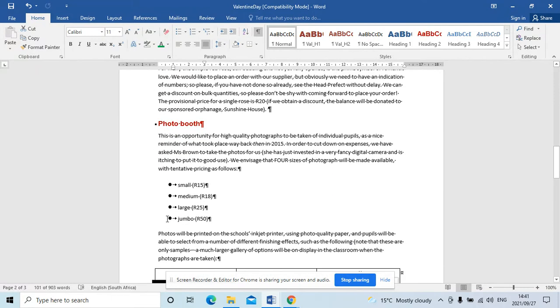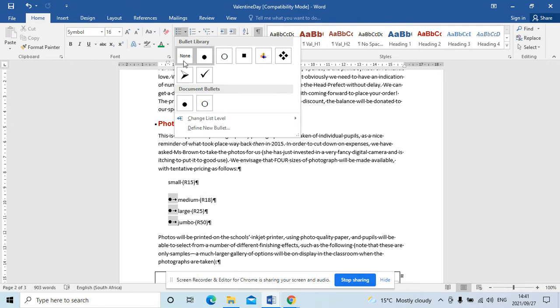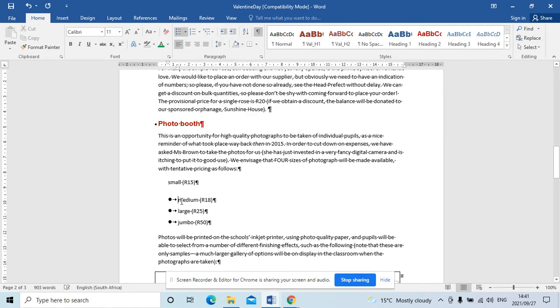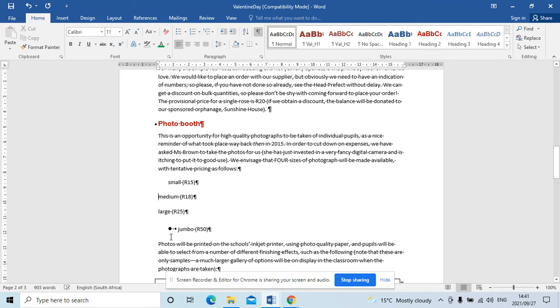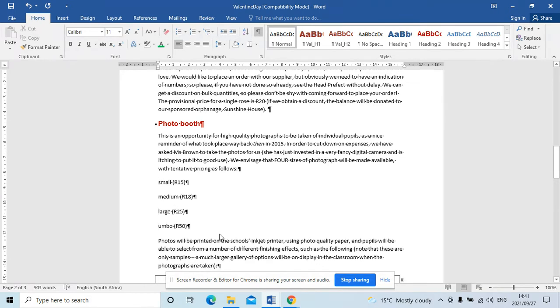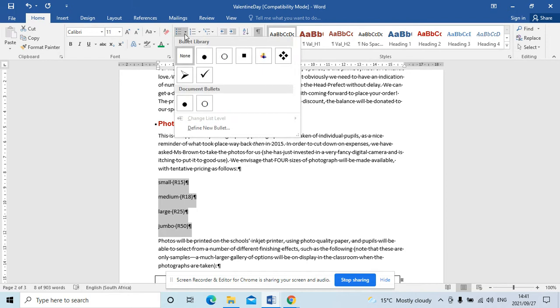Okay, so I'm going to look for some bullets. Let's say there were no bullets over there. I'm going to delete all of those so that we can change it from the start. Okay, and I'm asking you to put in bullets. Then you will obviously highlight all of those. You will go into bullets and you will choose the